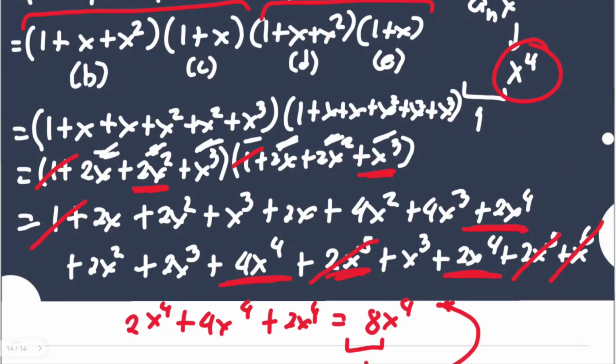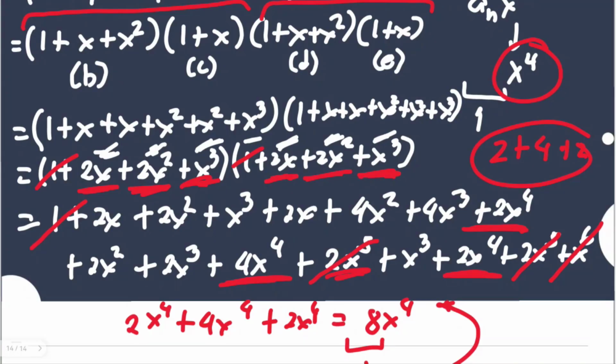So you can trim down your process into getting only those possibilities that will get you x to the power of 4. One of which is x times x cubed. Similar here, x cubed times x. And also, you will have here x squared times x squared. Those are the only combinations that you can try. I'll take note, 2x times x cubed is 2x to the power of 4. x squared times 2x squared is 4x to the power of 4. x cubed times 2x is 2x to the power of 4, which will still give us a result of 8. See? That is the application for our generating functions in determining a number of ways.